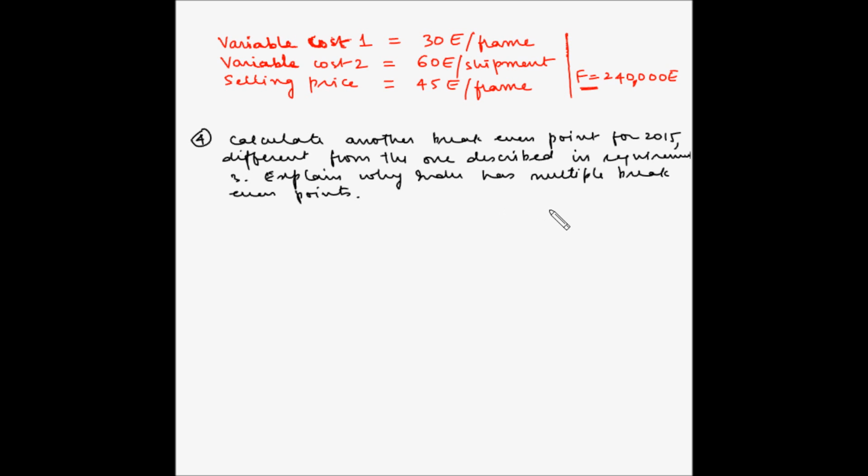So in requirement number 3, Indu was making 500 shipments,